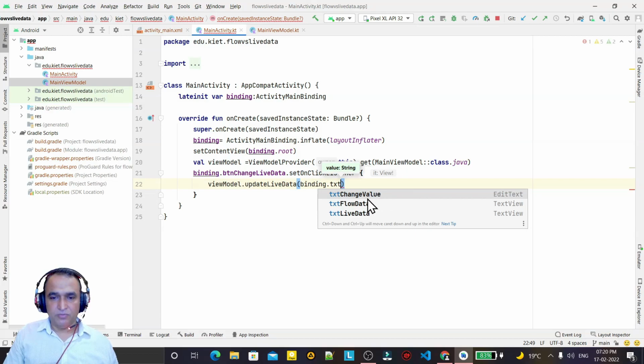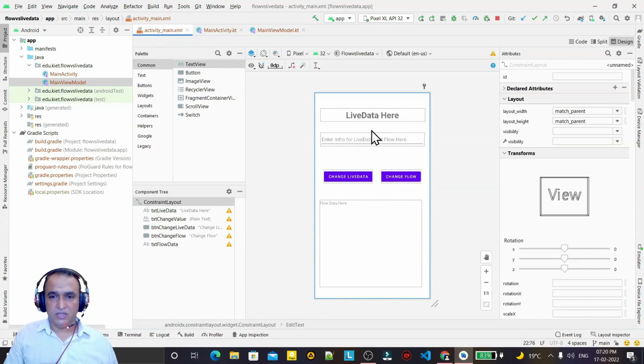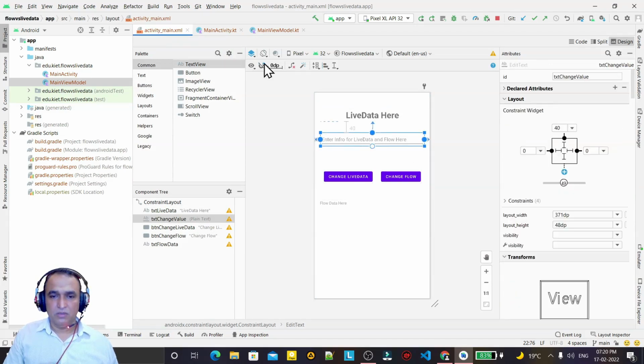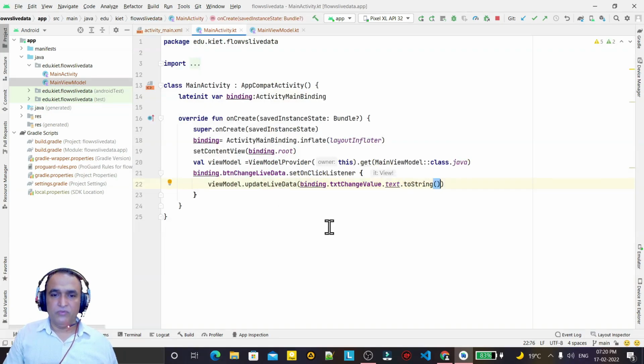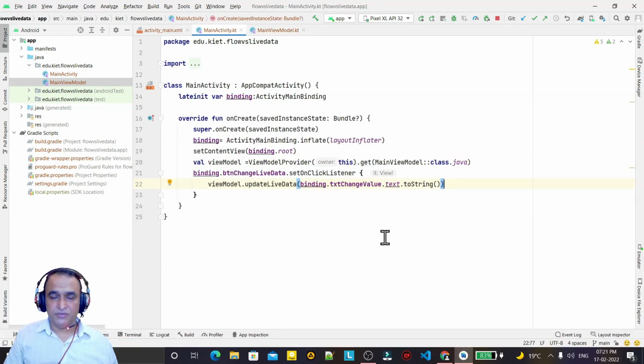So that text box is change value text box dot text dot to string. So this text box value will update in this place. So we are here updating the live data information, and because it will be linked with the text box, the information will change. So we just did this updation.